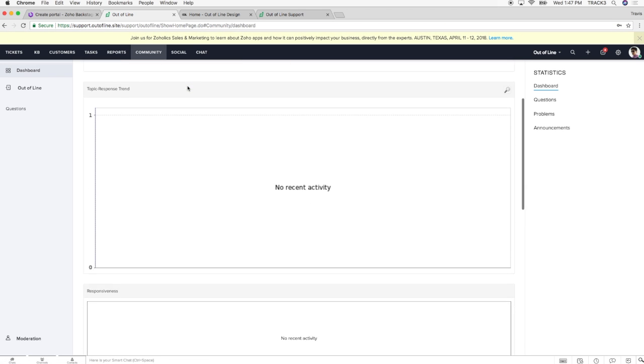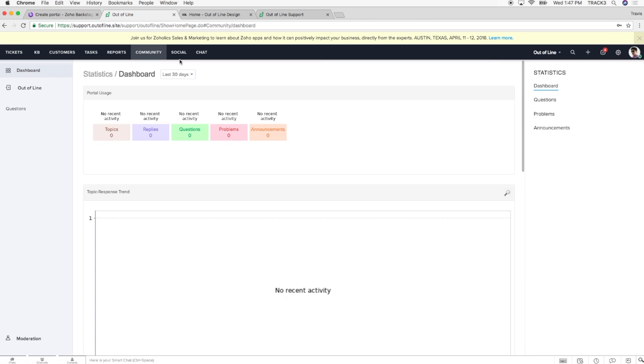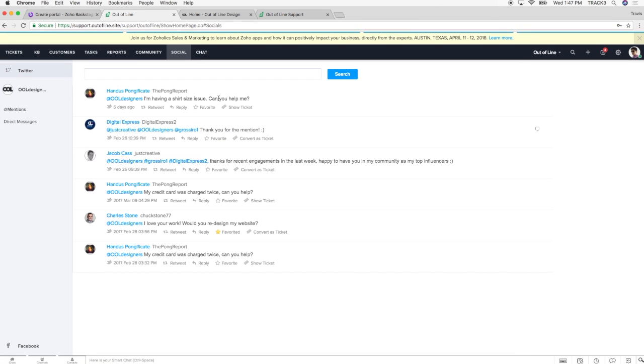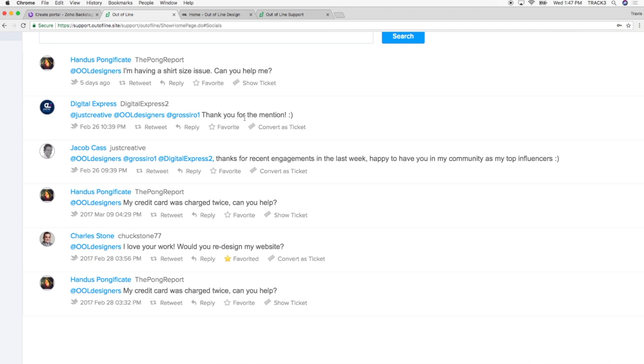The community tab, this is where you would handle your forums. Like I said, not a very popular forum. And then social. So if I'm an agent, and maybe I'm an agent that's been assigned to handling social media specifically. If you're a company that does a lot of work on social media, there are a lot of different little smaller businesses that sell things primarily and market things primarily through their Twitter or Instagram. All of these posts and mentions will be collated right here.